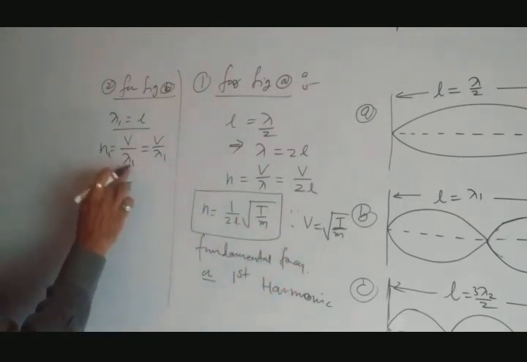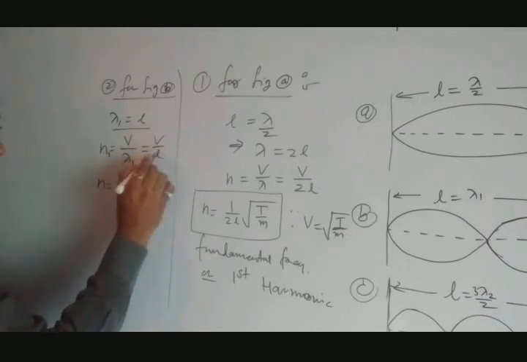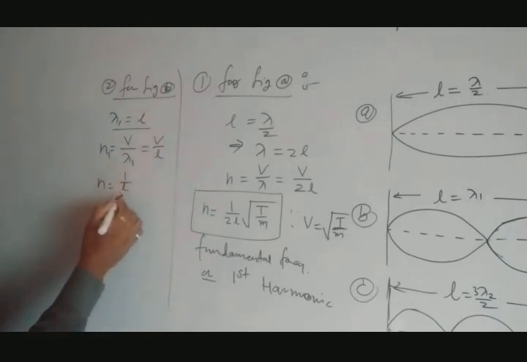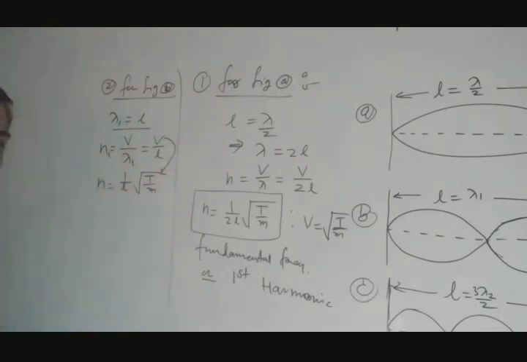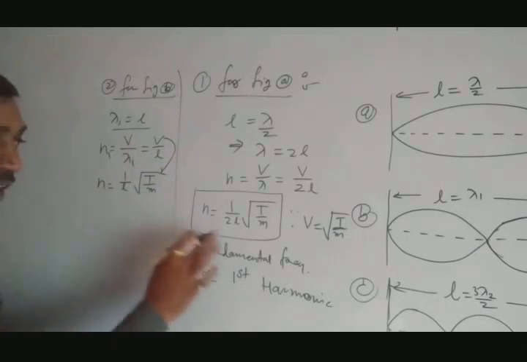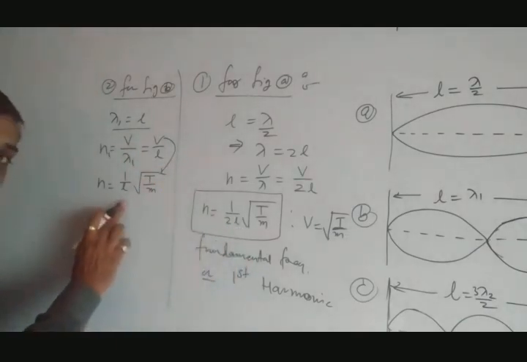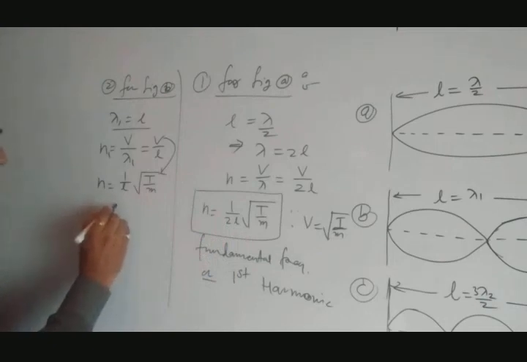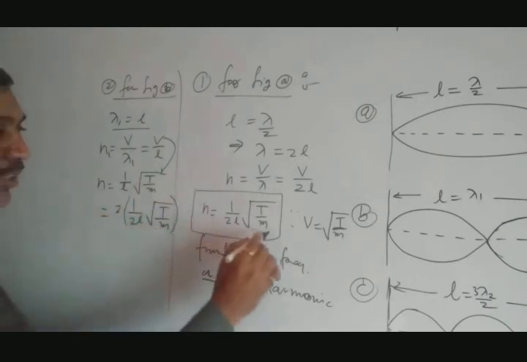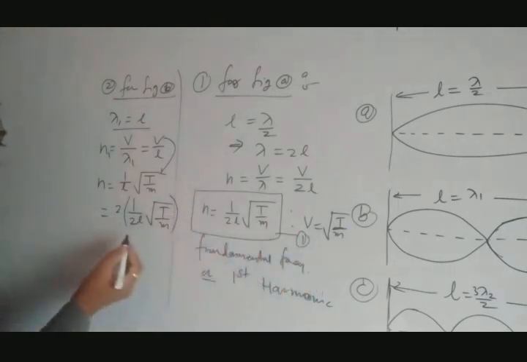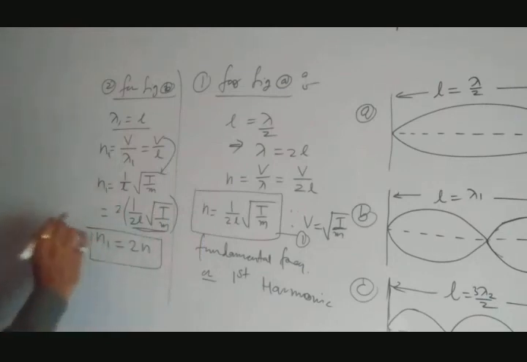So it is n1, lambda 1. Okay. And lambda 1 is L here. So just we have put that value. So what do you get? 1 by L square root of T by m. This square root of T by m is a velocity. Now here we get 1 by L. Here we get 1 by 2L. Multiply this equation and divide by 2. What do we get? 2 into 1 divided by twice L square root of T by m. And this bracket term, suppose this is equation 1. If you compare with equation 1, the bracket term is nothing but n. So we can write here n1 equals twice n.